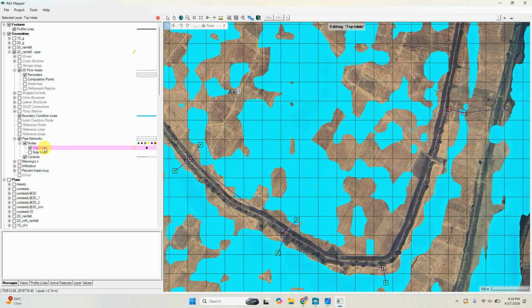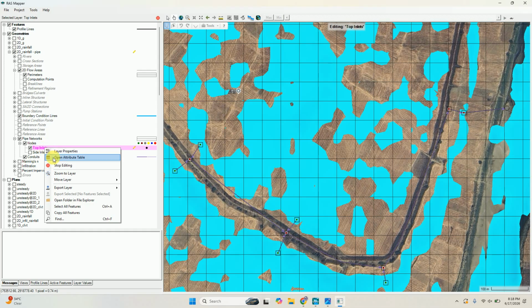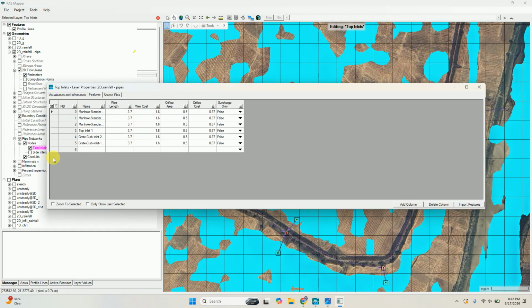And next you have to go here to top inlet, where you are going to give the top inlet. So you have to go to the attribute of this top inlet. You will find these things here, where you have to give weir length, coefficient, or fish area, or fish coefficient. What is this? You are applying a circular pipe in the system.